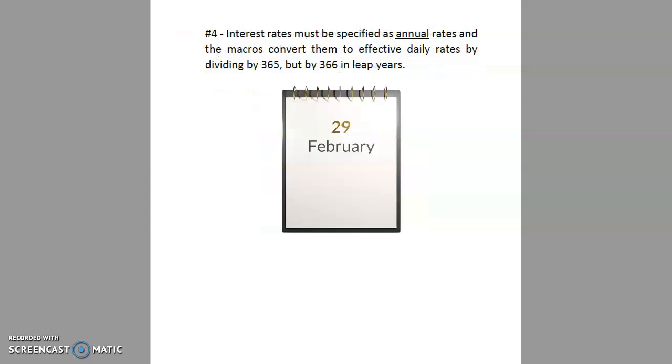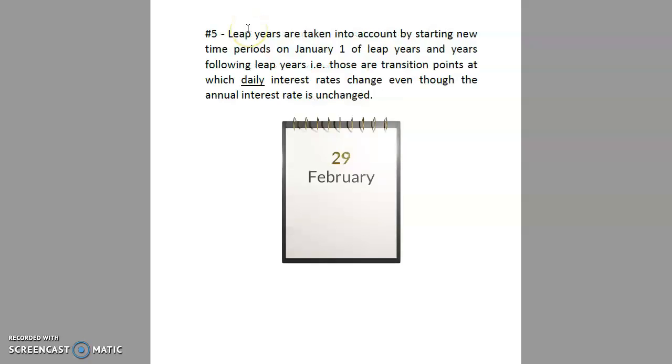The next thing is to clarify that interest rates must be specified as annual rates, and then the macros convert them to effective daily rates by dividing by 365 days in the year, but 366 days in the year on leap years. It's important to understand that leap years are taken into account by starting new time periods on January 1st of leap years and years following leap years, because those are the transition points at which the daily interest rate would change. Because if you take an annual rate and you divide by 365 in a regular year, but you divide by 366 in a leap year,